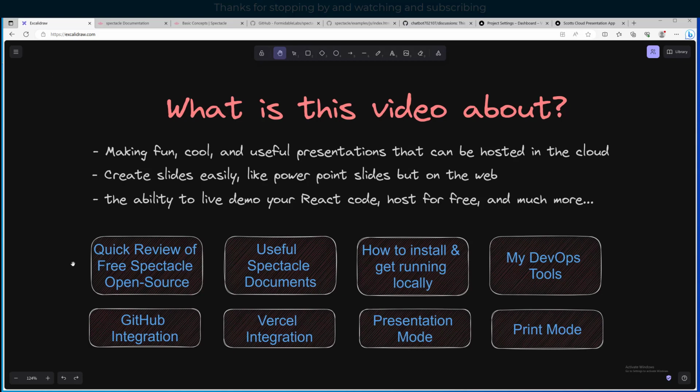A quick final review. We looked at the free Spectacle open source tool, some documentation, how to get it installed and running locally on our machine, what DevOps tools that I'm using, the GitHub integration, the Vercel integration, and how we could use the presentation mode and print mode,